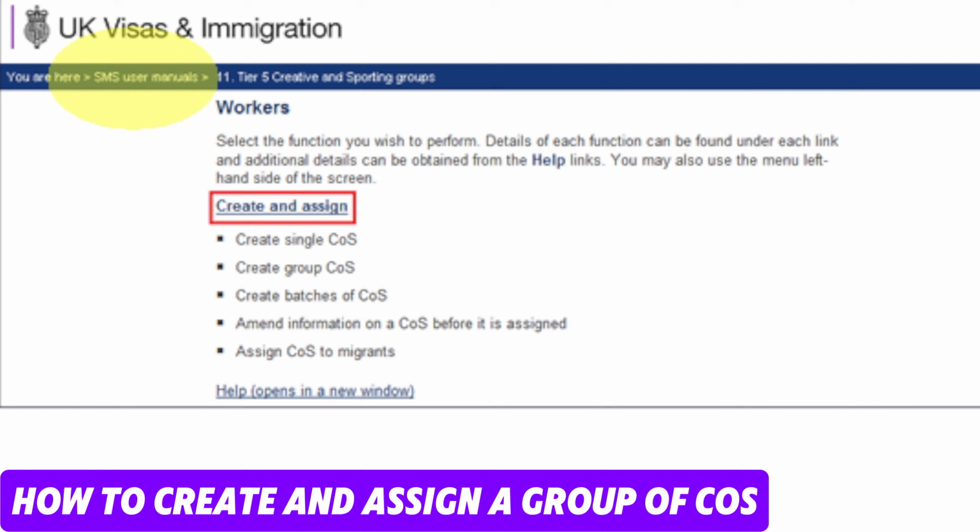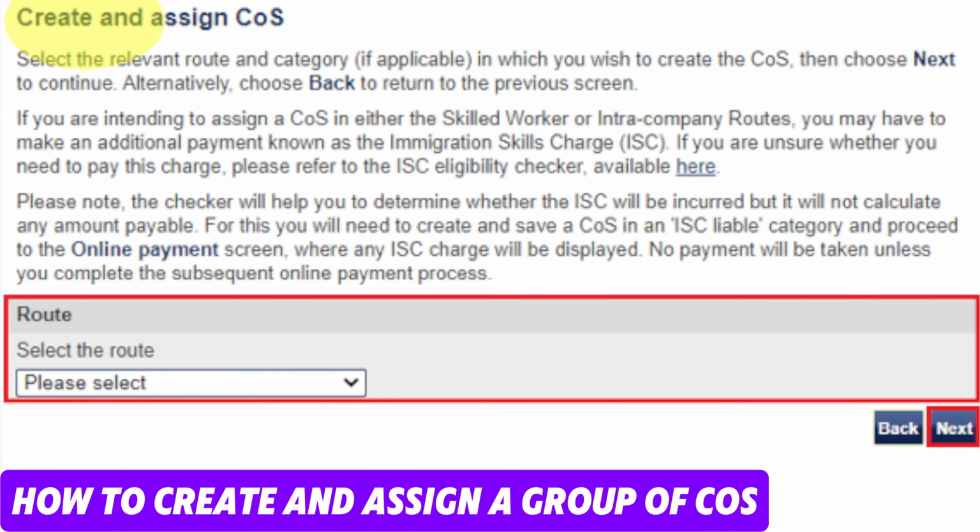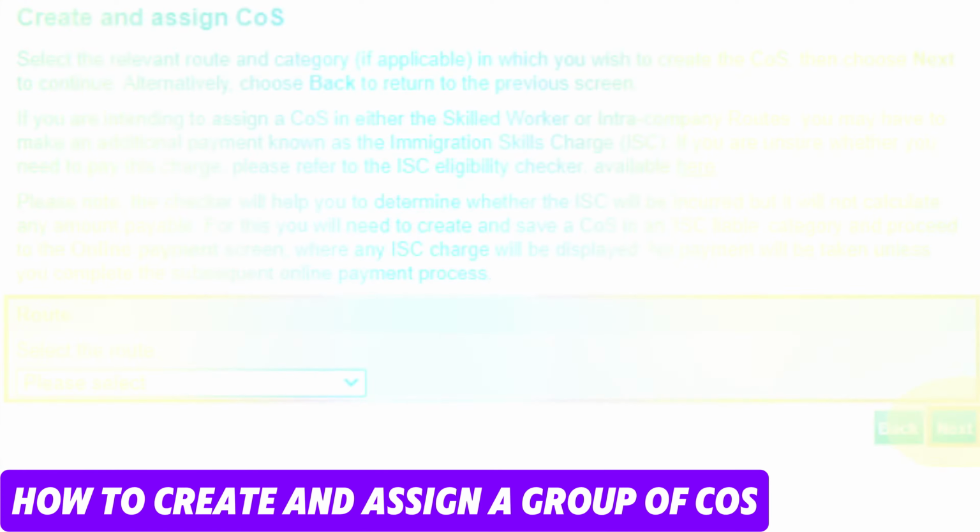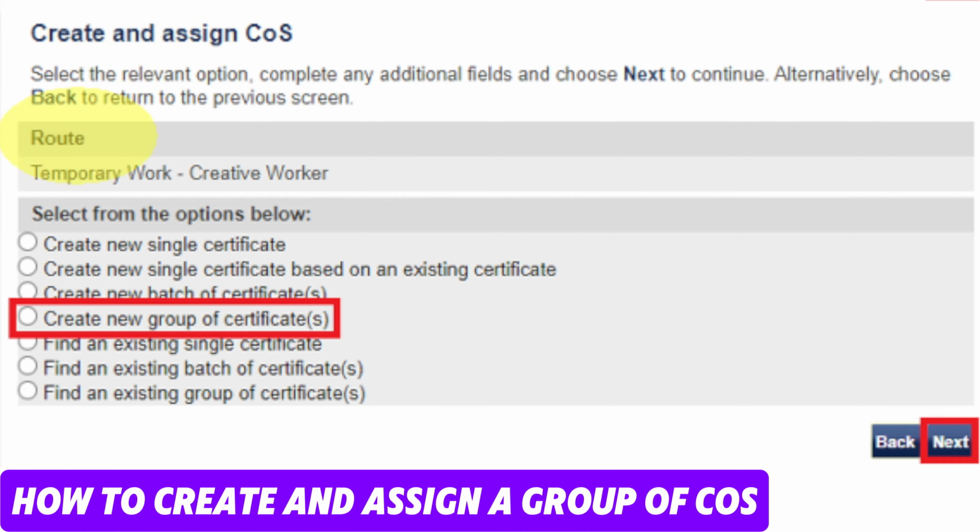So for example, if you are applying for a temporary work creative worker route, this category will help you. This manual will help you assign a group. So for that, you will go in the worker section and then click create and assign. Then from the create and assign COS screen, select the route drop down menu to select temporary work creative worker and then click next. Then from the create and assign COS screen, select create new group of certificates and then hit